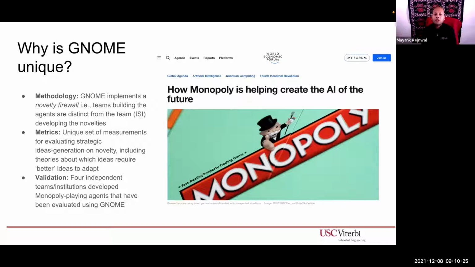So why is GNOME unique? Well, the first thing is that it's one of the first simulators that treats novelty as a first-class citizen. In fact, we implemented the game of Monopoly because it's a very messy game. It has stochastic elements in it. It's multiplayer. And GNOME implements a novelty firewall, which means that we can introduce novelties independently of the team that